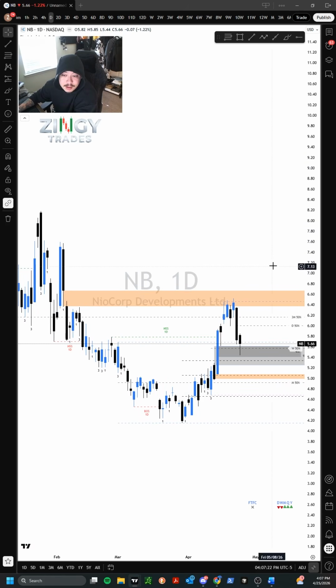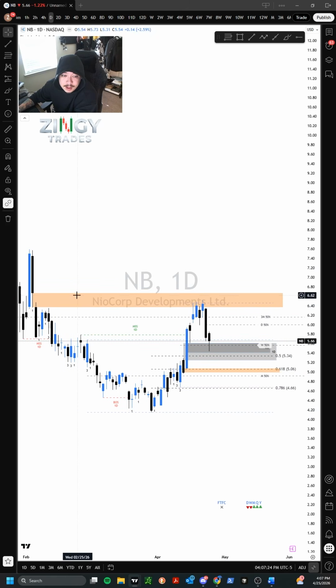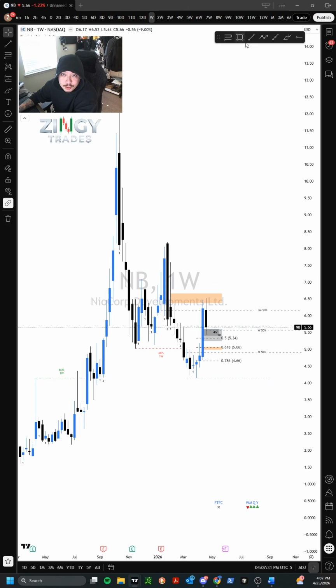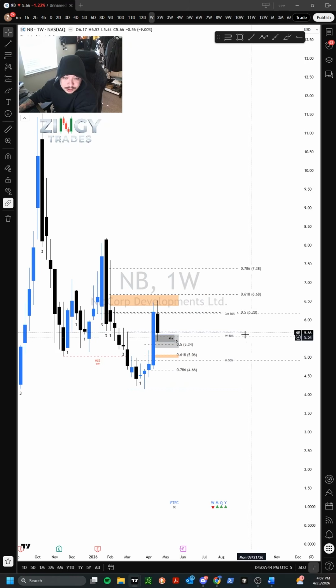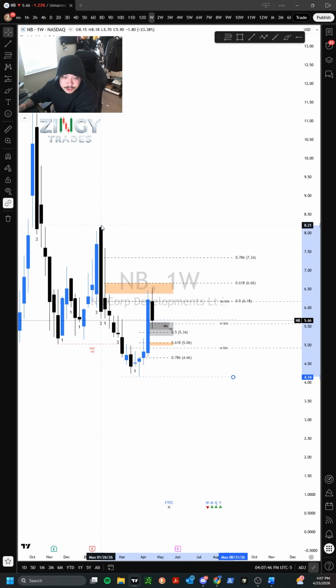Bear in mind with NBIS that we did reject off of an open gap to the top side. That open gap to the top side is also the beginning of OTE for shorts, which I am not a massive fan of. But in order for things to change, things have to change from a lower time frame into a higher time frame. You can see here on this weekly with this OTE on here, that open gap above us is in OTE. We also rejected off of previous month EQ. So I'm watching NBIS to see how it builds within this range to potentially trade it higher.